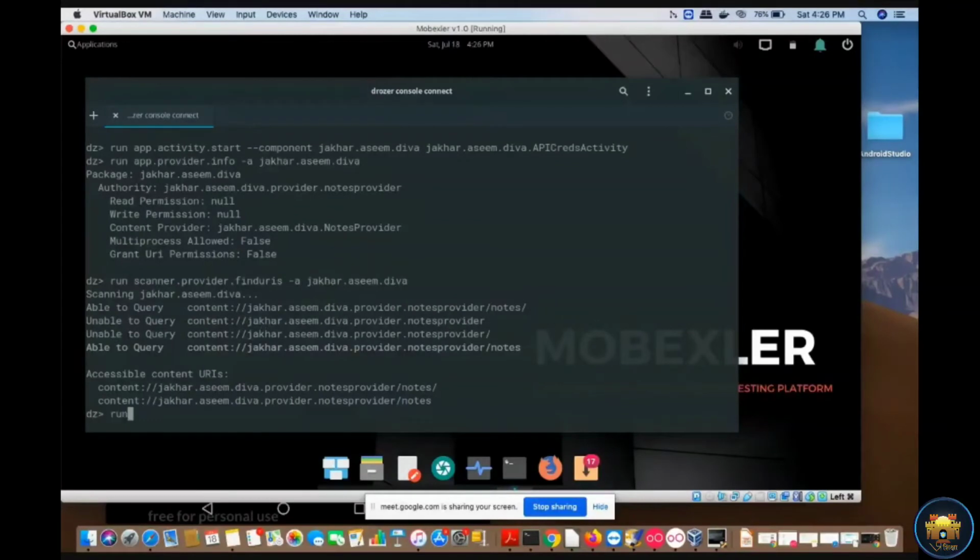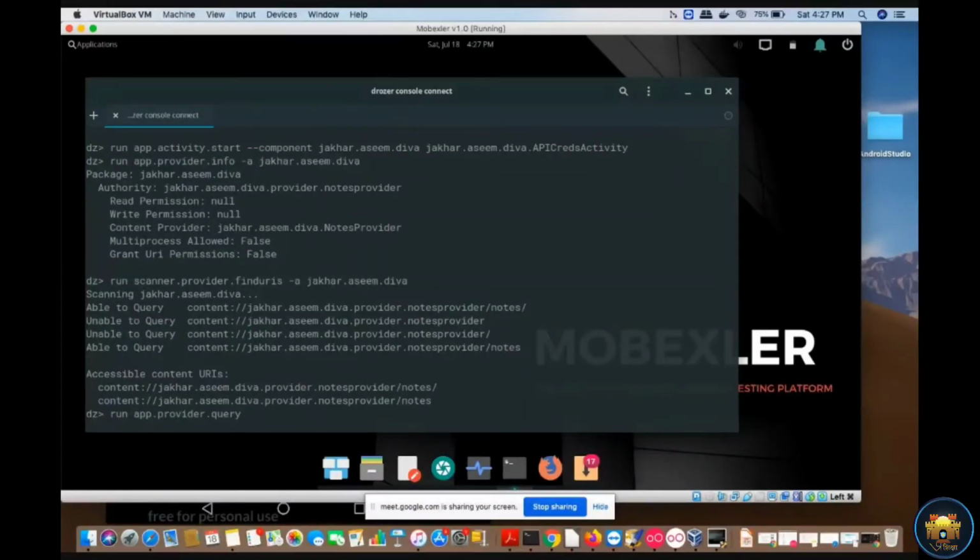Our next step is to get the information from these content provider URLs. So there is also one more command available to query this content provider URL. So I have to type app.provider.query and then the content provider URL.